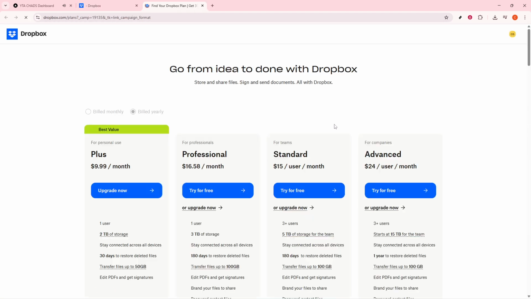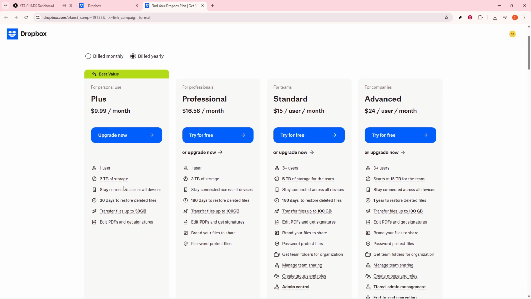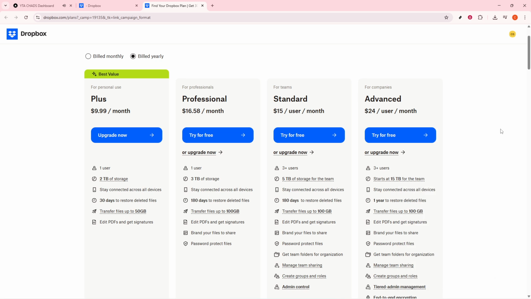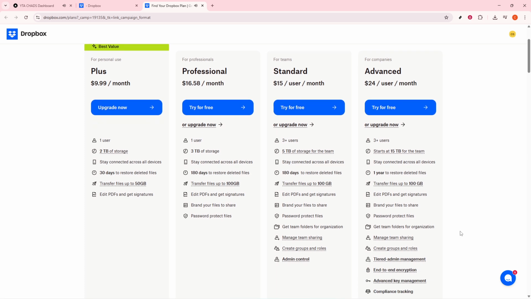If you're an individual user, consider whether the Dropbox Plus plan meets your needs with its 2 TB of storage suitable for standard personal use. For more advanced features like watermarking, or if you're a freelancer, Dropbox Professional with 3 TB of storage might be more appropriate. For families, the Dropbox Family Plan provides 2 TB of shared storage space that can be utilized by up to 6 members. This makes it a practical choice for ensuring everyone's files and photos are safely backed up